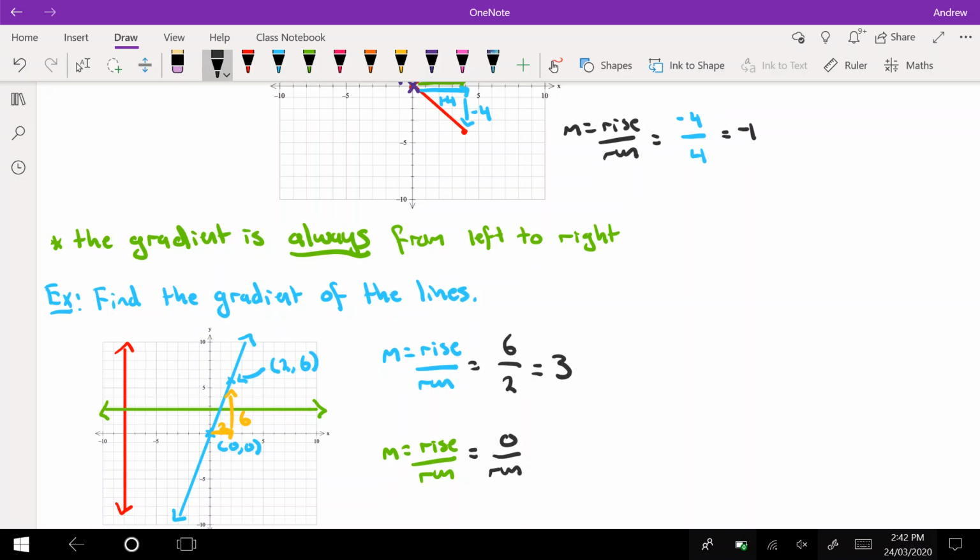It's just 0. 0 divided by anything is 0. I'll say that the wrong way around because I said it wrong. 0 divided by anything is always 0. So the gradient of a horizontal line